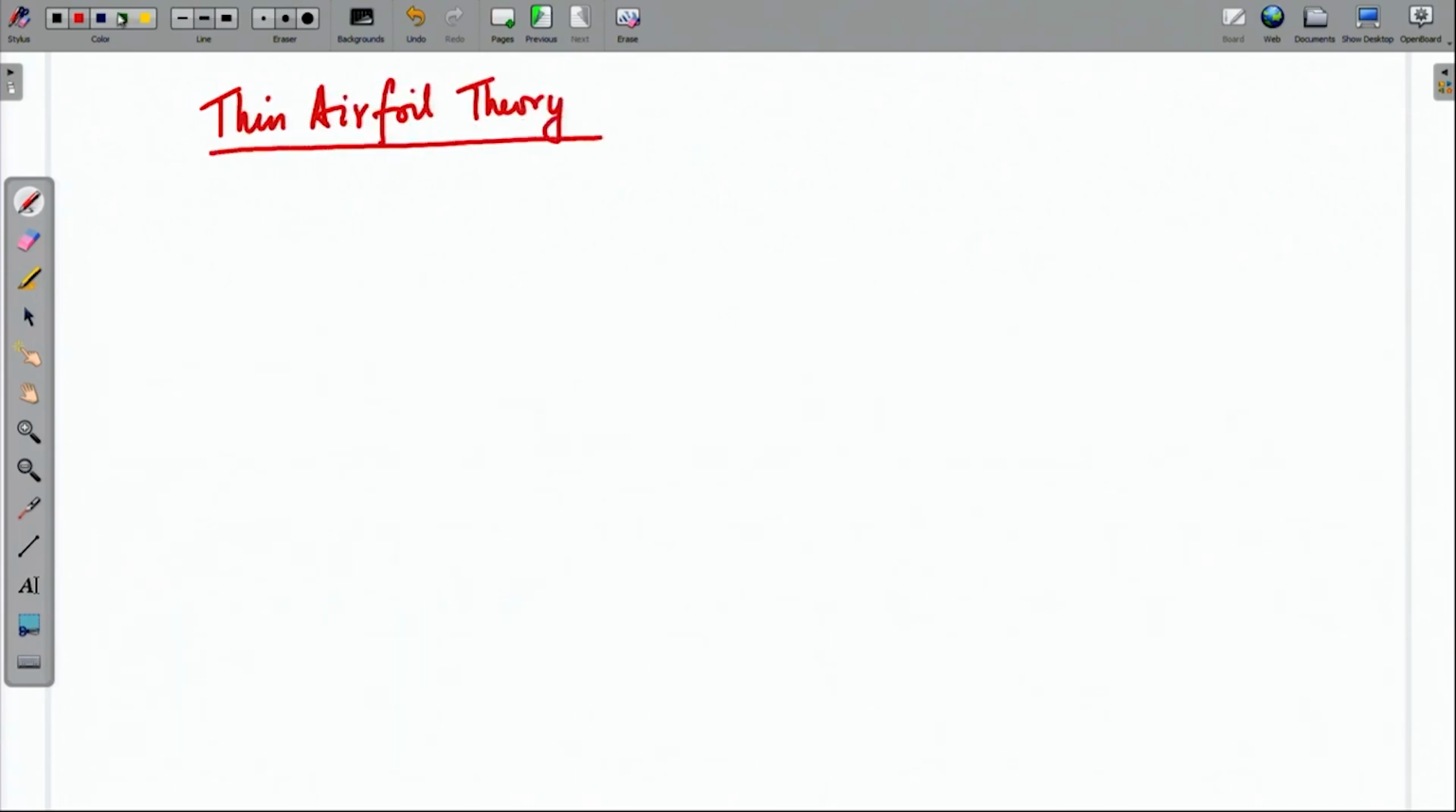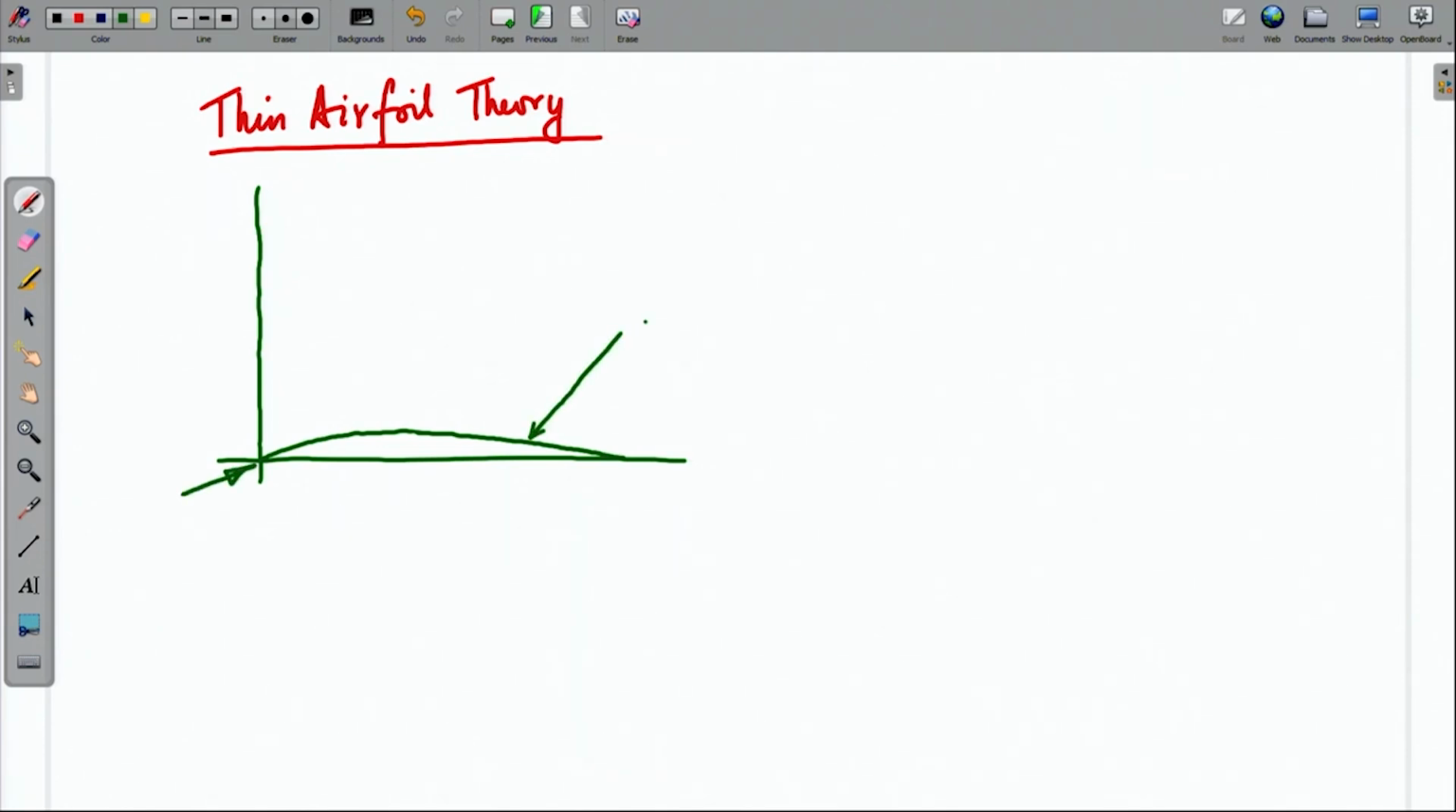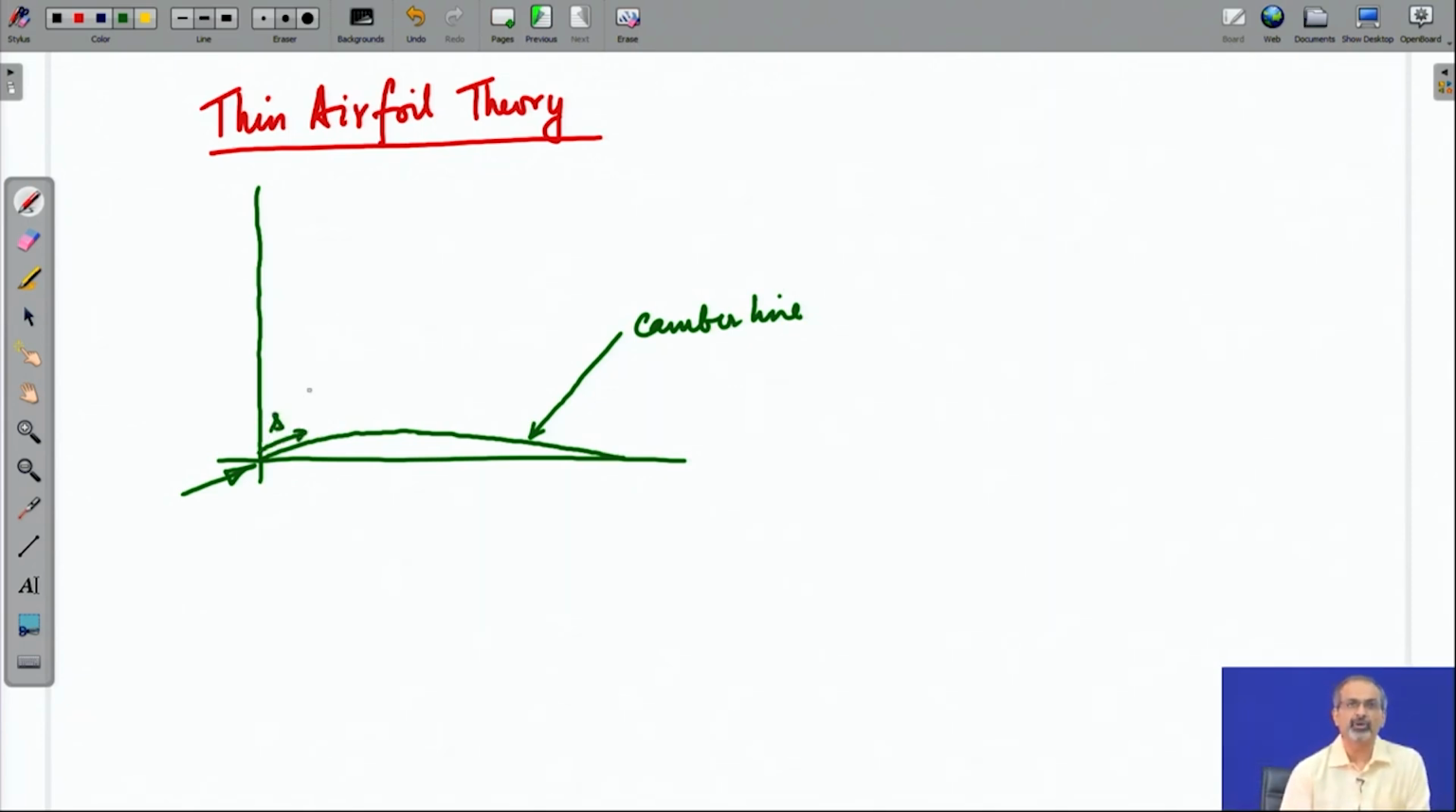We have been developing the tools which are important for discussing this theory, and we are now rightly placed to look at the details of the theory. So, what do we have here? We have just drawn a camber line representing the lifting surface, the airfoil. We are having S as the coordinate of any point on the airfoil. This is the leading edge, the trailing edge, the chord length,